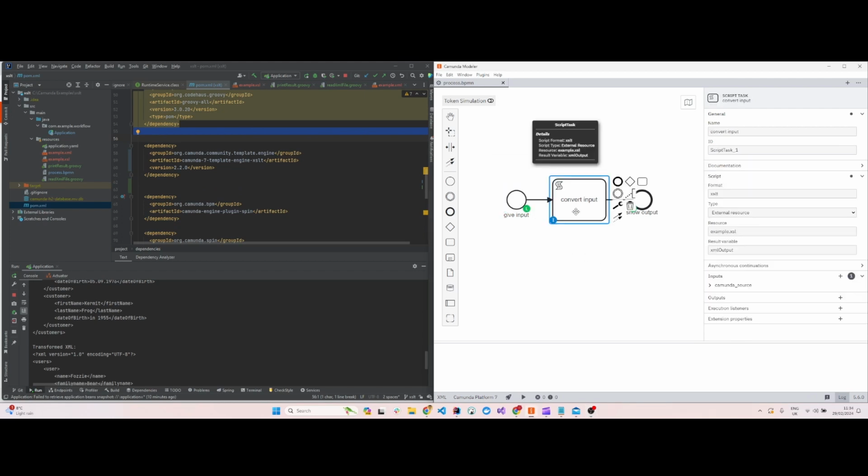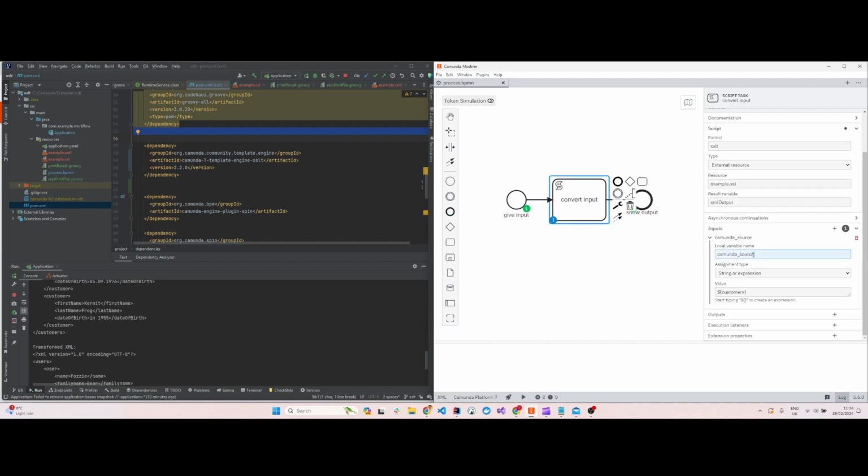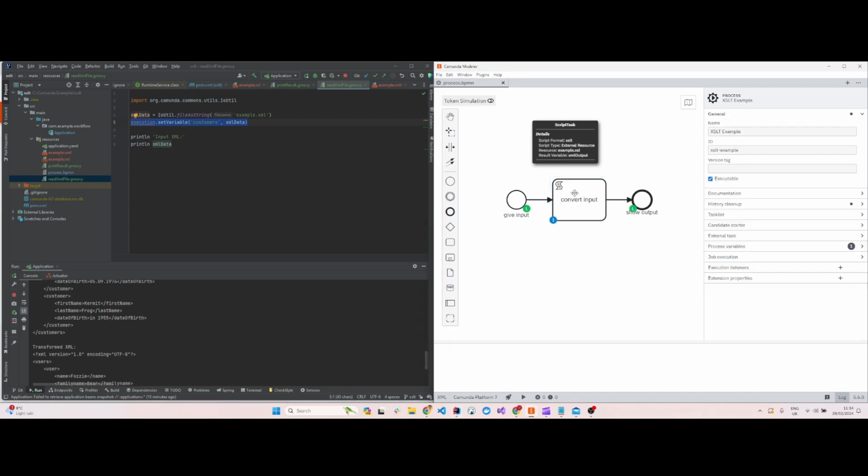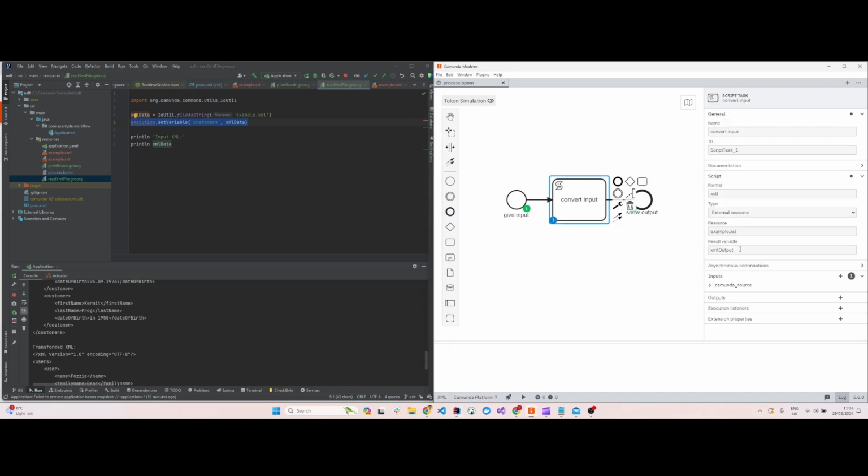Now let's go to the main script task. In the main script task, you have the inputs. There's an input called Camunda source, which is actually a string or expression. The expression is customers, and customers has been set as a variable in your readxmlfile.groovy. So it reads the XML file and sets that as the customers XML data, and that's the input for this process. The output will be an XML output, the result variable, and the actual transformation is carried out by the